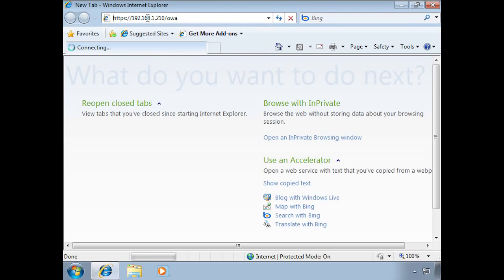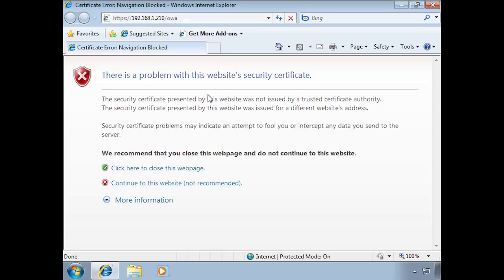We hit enter, and you'll notice we get this security message that's saying that there's a problem with the security certificate. This is normal. It's okay. It's telling you that there is a certificate, but the security certificate presented by the website was not issued by a trusted certificate authority. That's okay because we're just testing this. You can use this certificate for a while and teach people to bypass this, but obviously in a real production environment, you're going to want to get a trusted certificate in order to ensure that this screen doesn't come up. If we click Continue to this website,